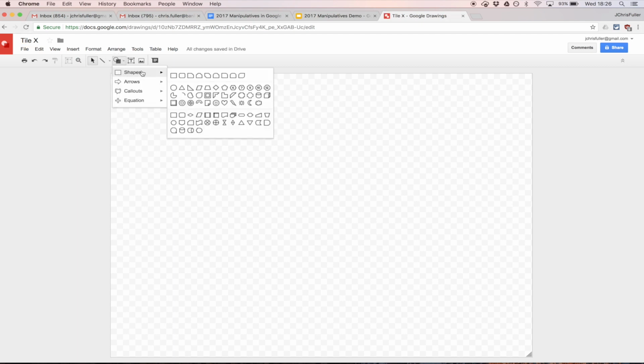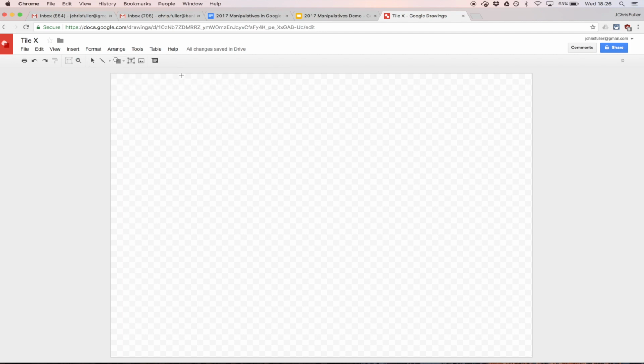Click on your menu bar and select Shapes. I'm going to select something with a rounded edge, and then I'm just going to click and drag. I'm going to hold down Shift, and now it's locked into being a perfect square. If you want a rectangle, don't hold down Shift. But if you're looking for a perfect square, hold down Shift and drag it out to your